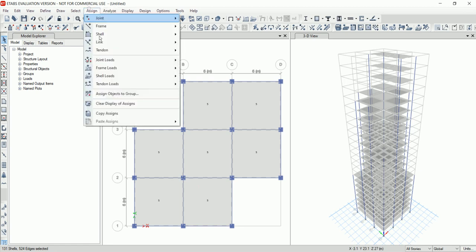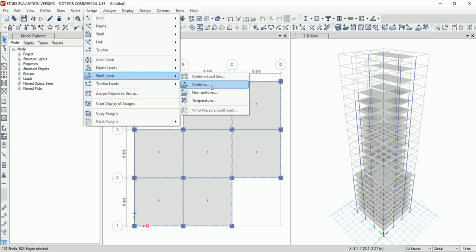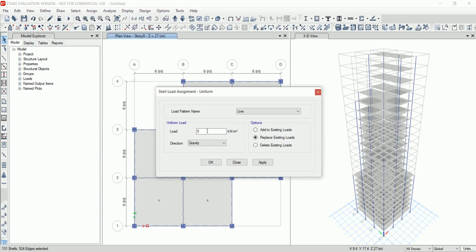Go to Assign and click on Shell Loads and click on Uniform and set the load to 4.5. Click on Apply and click on OK.